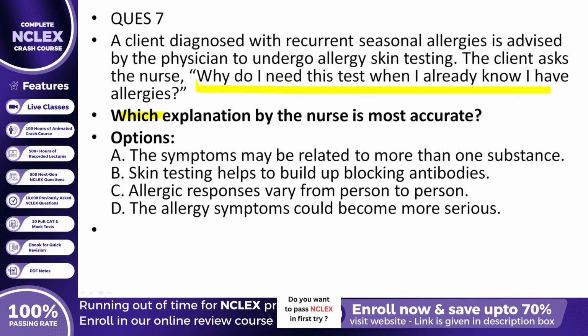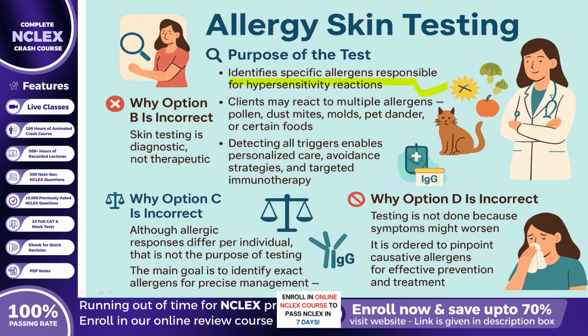The correct response, option A, highlights that a client's symptoms can stem from multiple allergens rather than just a single source. Many individuals with atopic tendencies are polysensitized, meaning they may react to various allergens like pollen, dust mites, molds, pet dander, or even certain foods. Detecting all causative allergens enables healthcare providers to design a personalized management plan and recommend targeted immunotherapy or avoidance strategies